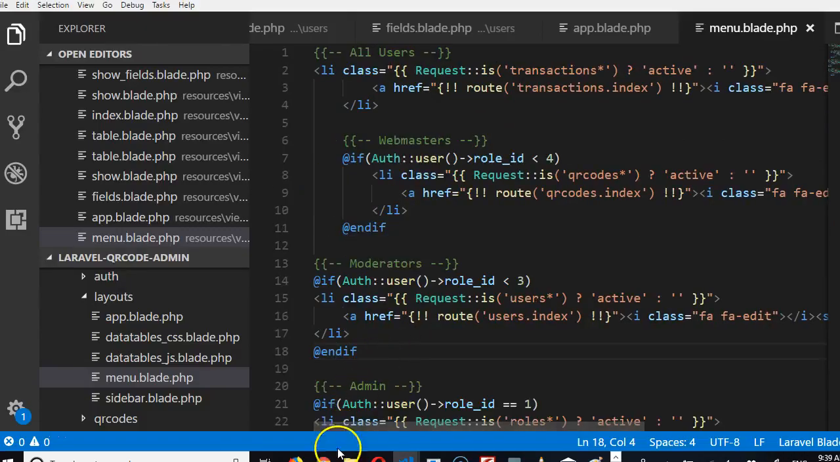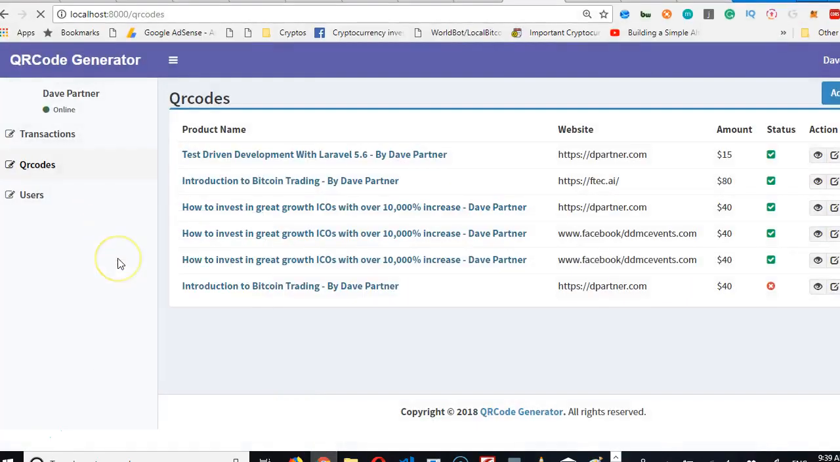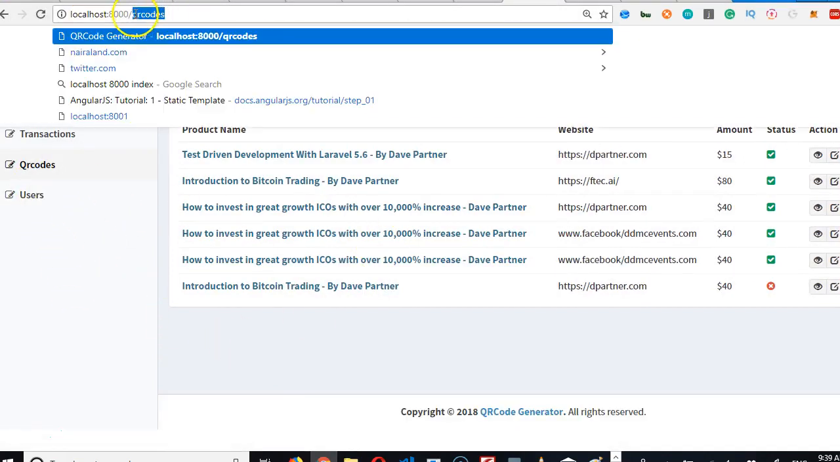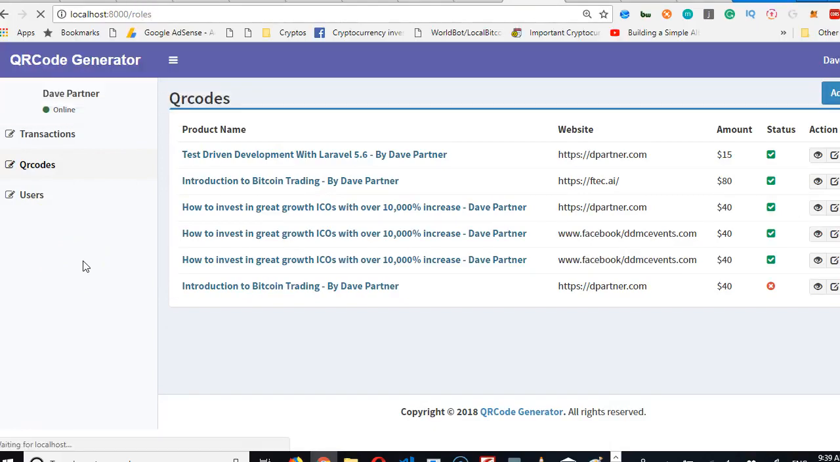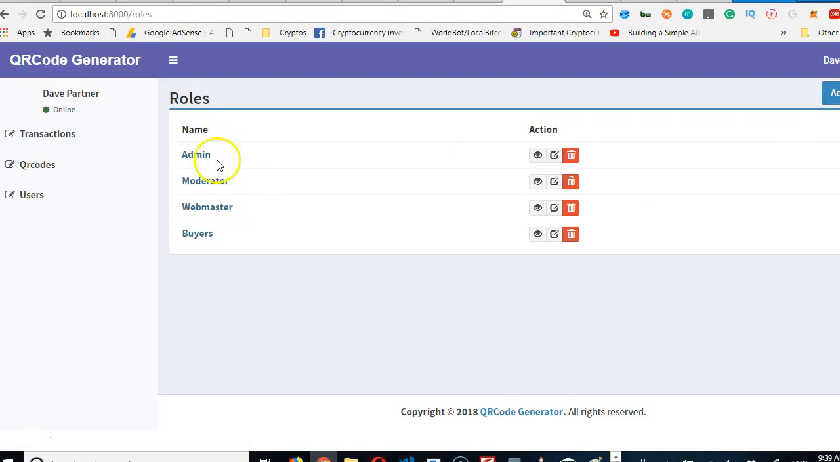we're just restricting the view, so that they shouldn't see the option. Now I'm logged in as a moderator. What if I just come here, knowing that there is a roles model, and I do roles, hit enter. You see, if somebody knows the correct URL, they can still access it even without being able to see it. So we need to actually block